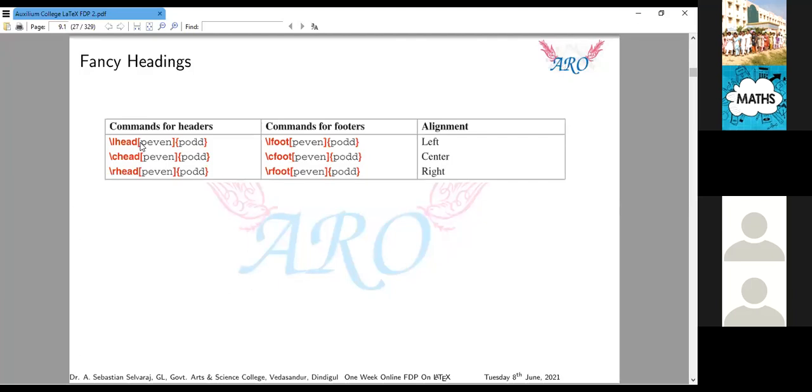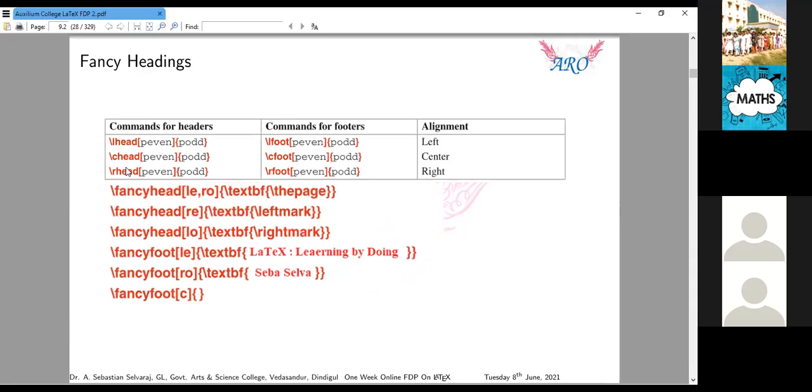You have to enter your content. It appears on the even side, even page number left side, and odd page number left side. It appears like that. L foot is nothing but the footer. These are all footers, these are all headers. So C is nothing but center aligned. C head is nothing but center head. C foot: usually C foot is used for the page number alone. R means right side, L means left side, C for center.